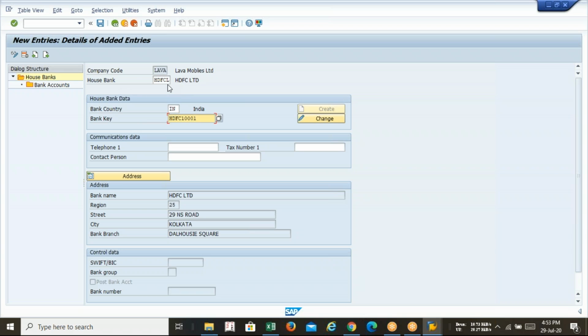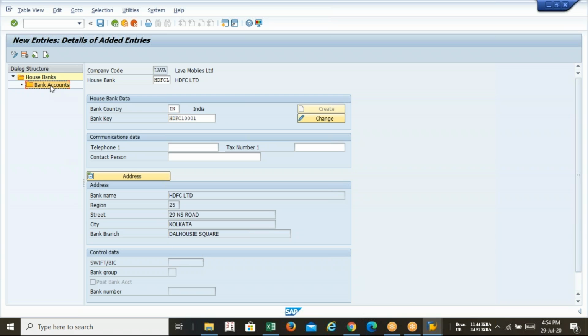Guys, we know that in SAP every time we have to mention a number for our vendor, a number for our GL. So this is a character ID for our house bank, HDFCL. After that, you put the bank key and press enter, and you are getting all the address part.